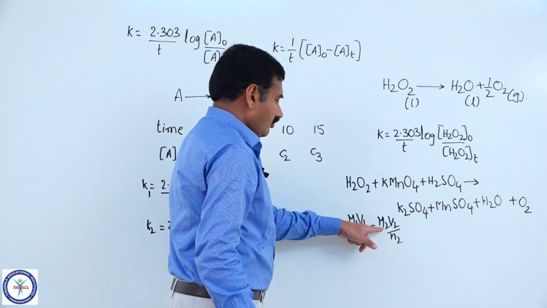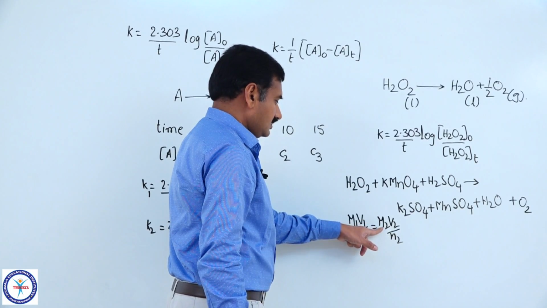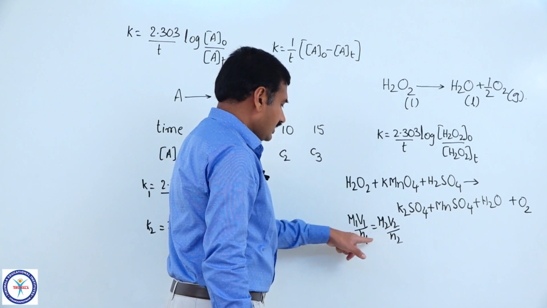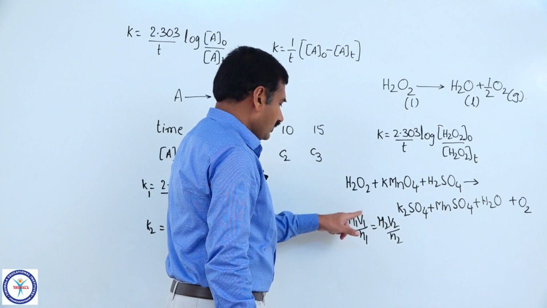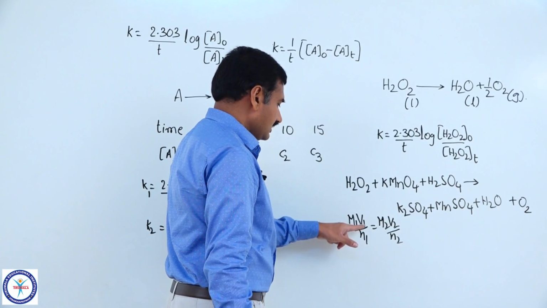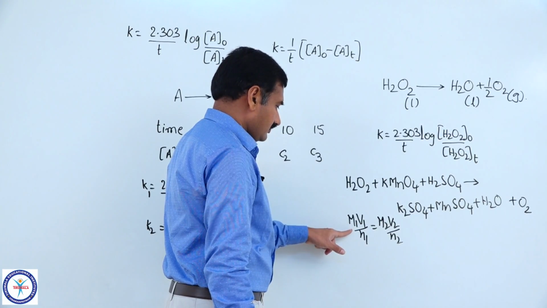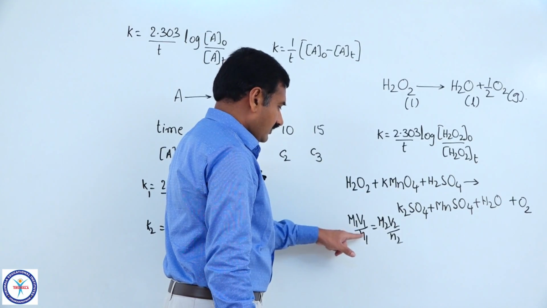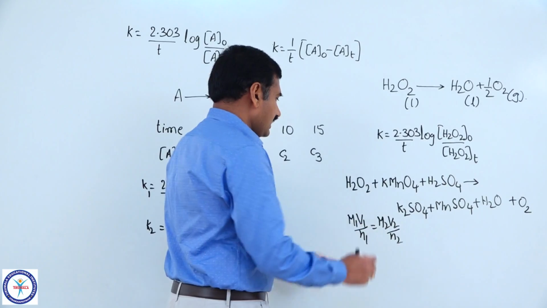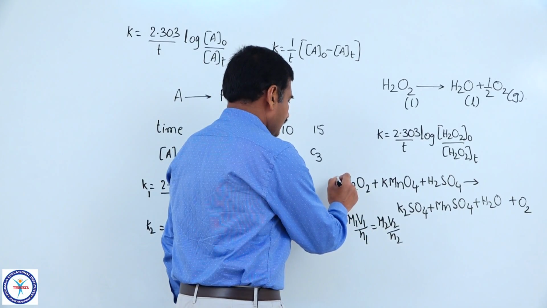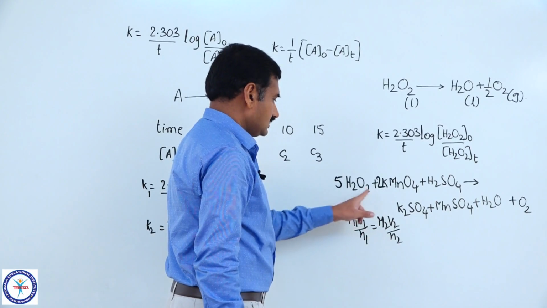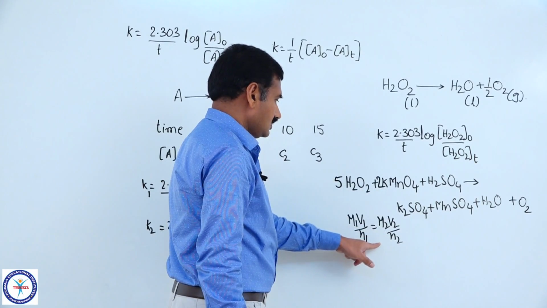If the molarity of potassium permanganate, the volume of KMnO4 required, and the stoichiometric moles are known to you, and you know the volume of hydrogen peroxide we are taking here, 100 ml, can you calculate M1 or not? N1 and N2 are the stoichiometric coefficients of H2O2 and KMnO4. Actually, 5 moles of H2O2 will react with 2 moles of KMnO4. So these N1 and N2 are known.